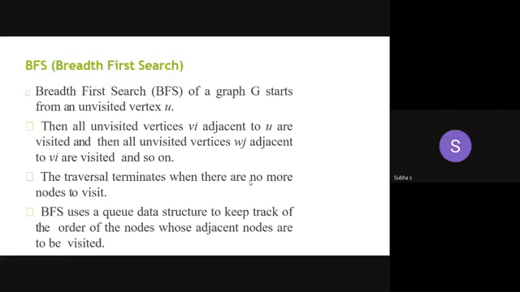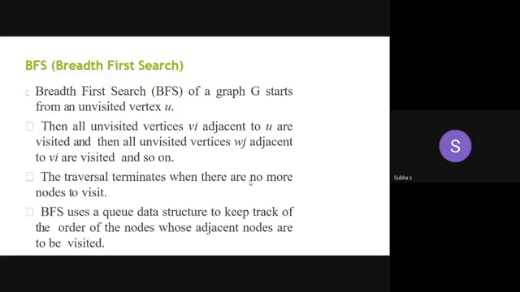Normally for a graph G, we are going to start from any vertex. You can start from any vertex, but the thing is you have to visit all the other vertices of the given graph using some technique. Here we are going to use the BFS technique. Okay. So now let's start with one unvisited vertex as U, because initially all the vertices are unvisited. You have to mark it as visited.